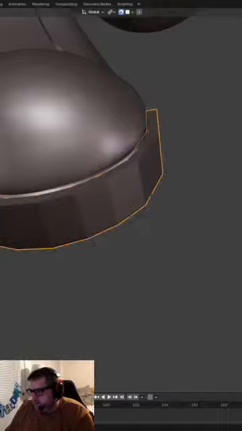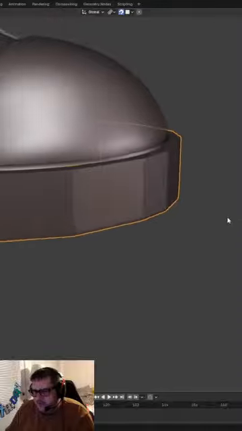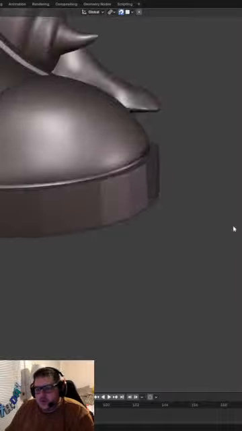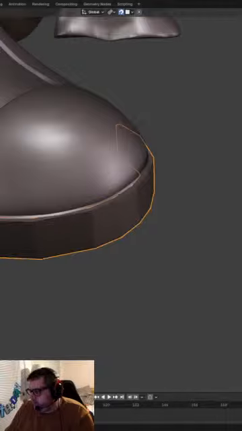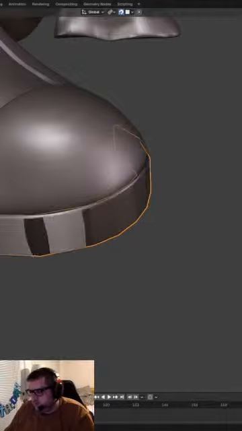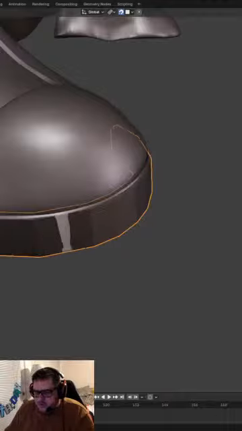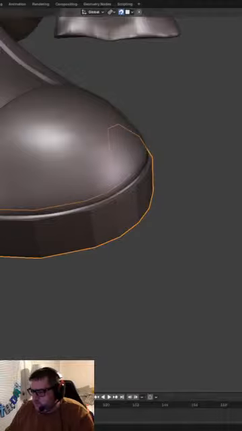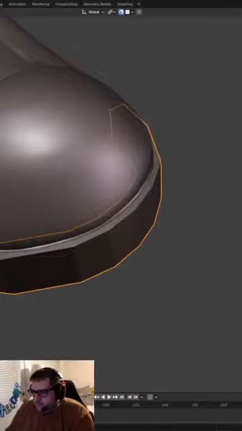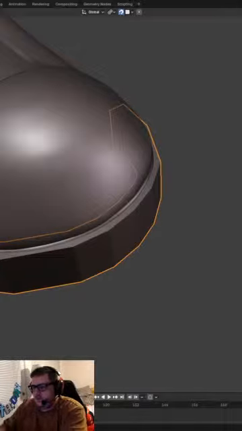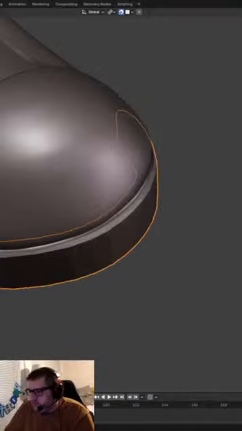Let's toggle our solidify back on here. And I think we can go down to 5. Actually, let's do this. Can we go back to 10 here? 15. Let's go a little bit more. Let's go like 25. All right. Let's move this out a little bit with the subsurf.